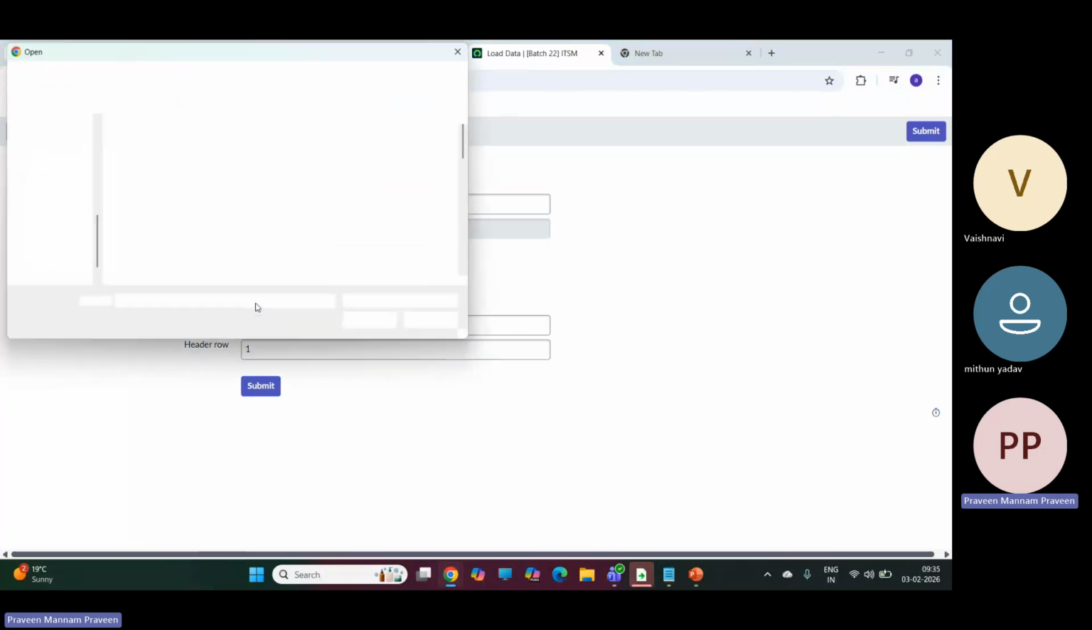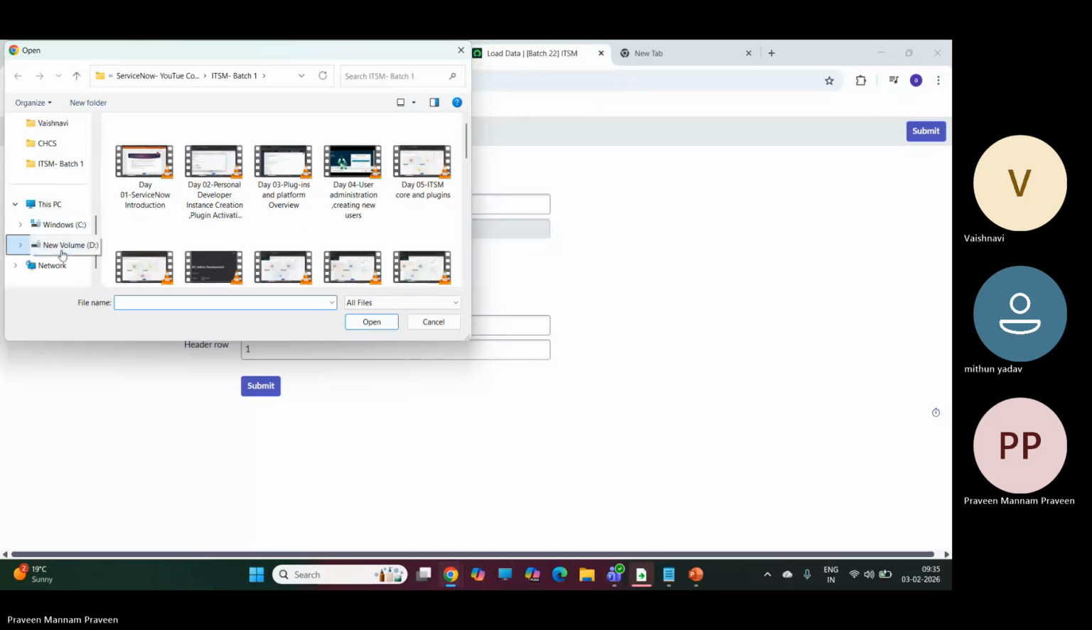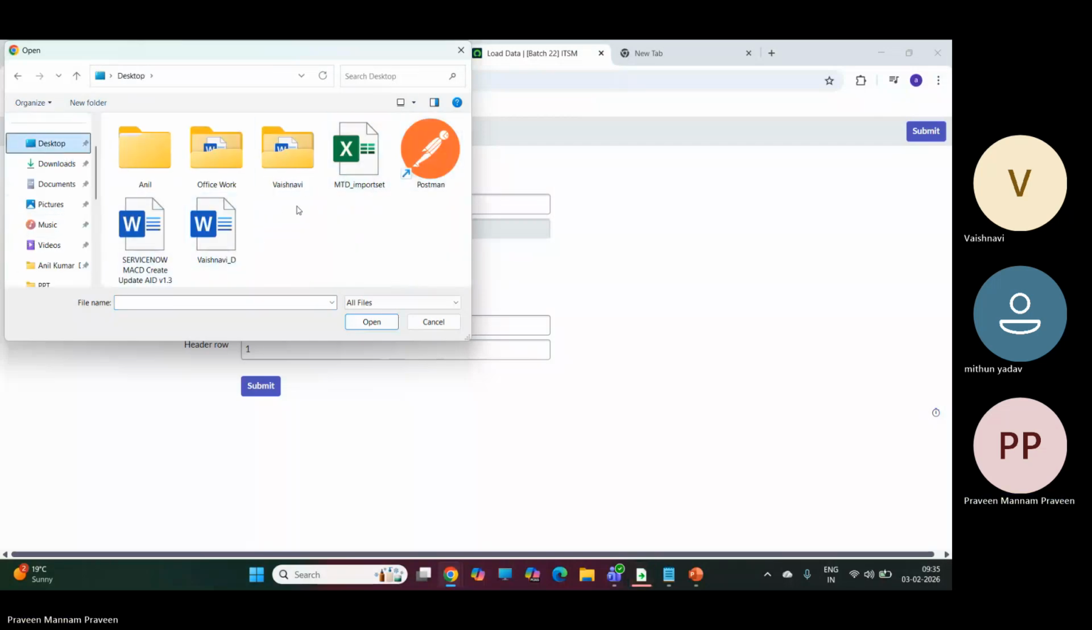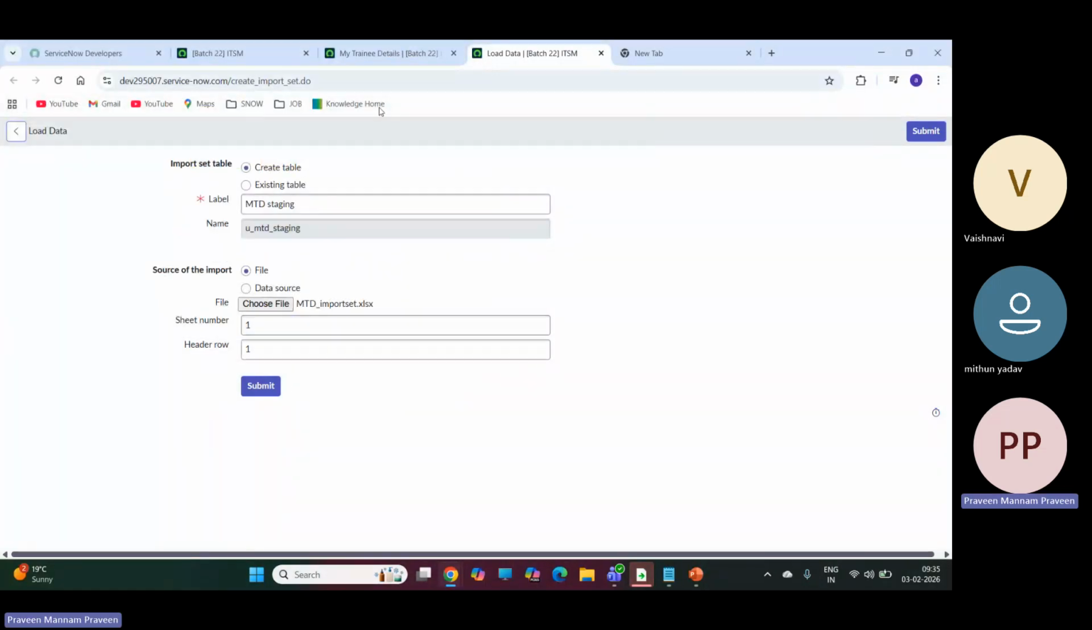So choose file here, mtd import set, then submit. Your row number, sheet number, head number means from where you want to load it. I want to load it via the first sheet, first row onwards. The first row details are my staging table fields. If I hit submit,